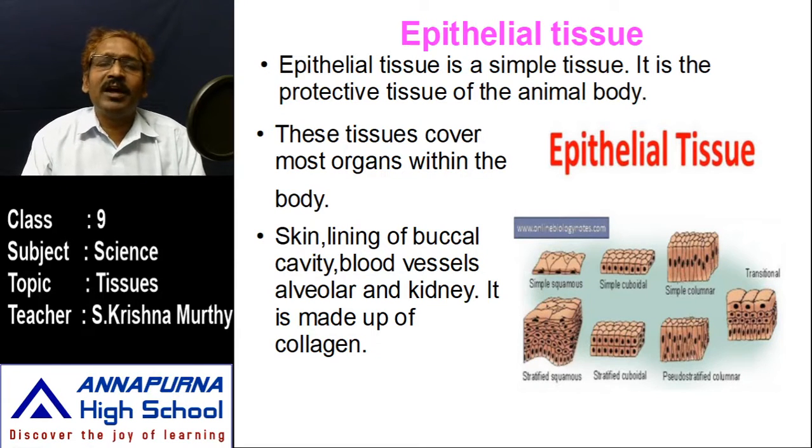So what are the organs covered with epithelial tissue? Let us discuss each and every one. Skin. We know about skin. The outer surface of the body is covered with an epithelial membrane, that is skin. The epithelial membrane is somewhere very soft and somewhere very hard. On the palm, the skin is much harder than the outer membrane of the remaining body parts.